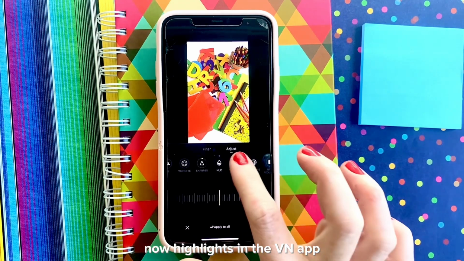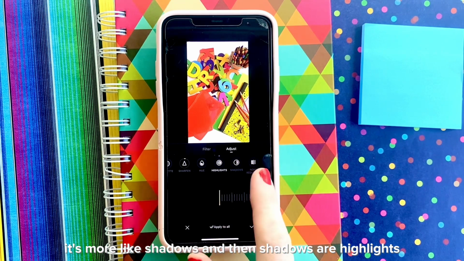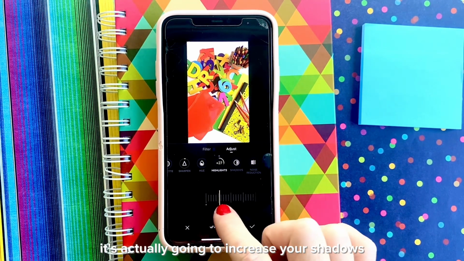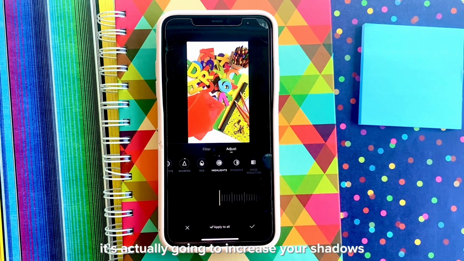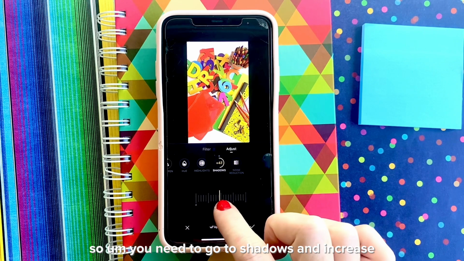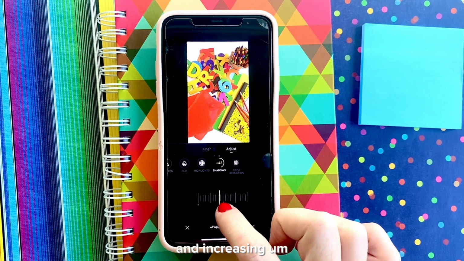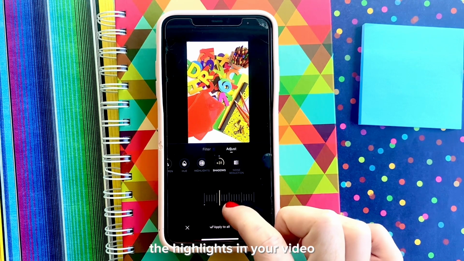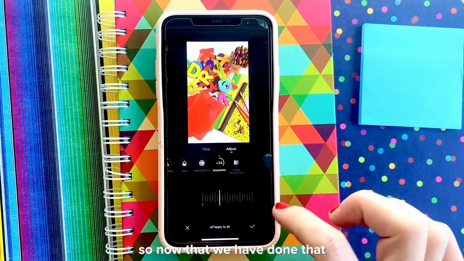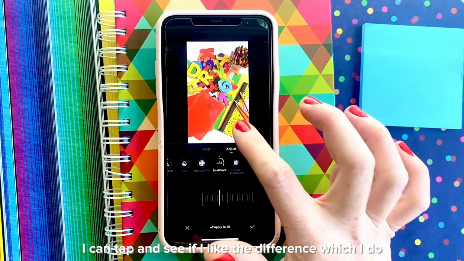Now highlights in the VN app to me are kind of backwards. It's more like shadows, and then shadows are highlights. So if you go to highlights and increase, it's actually going to increase your shadows. So you need to go to shadows and increase, and it's basically decreasing your shadows and increasing the highlights in your video. So now that we have done that, I can tap and see if I like the difference,